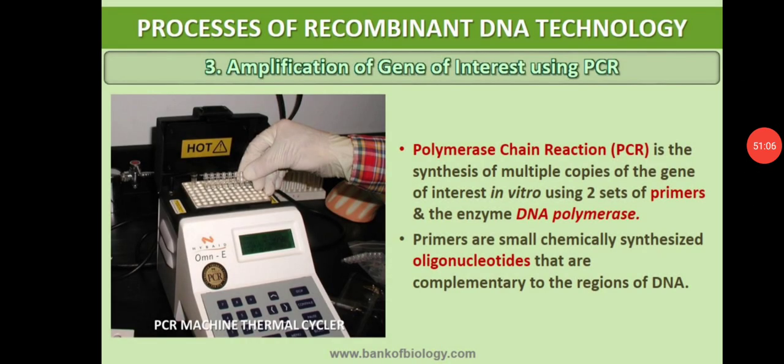Understood? In detail about the PCR or gene amplification process, to carry out this process, what materials are required? First you have to study the requirements, and then we'll move to the procedure to carry out the gene amplification or PCR. Mainly the process of PCR is carried out by 3 important steps, that is denaturation, annealing and extension. About these in detail we will study in the next class.